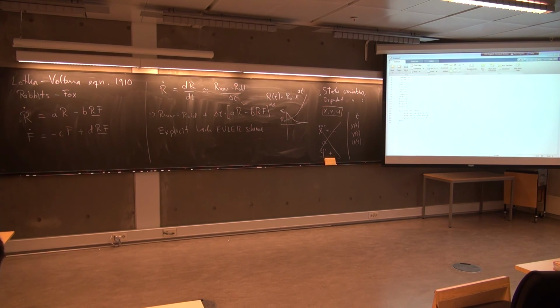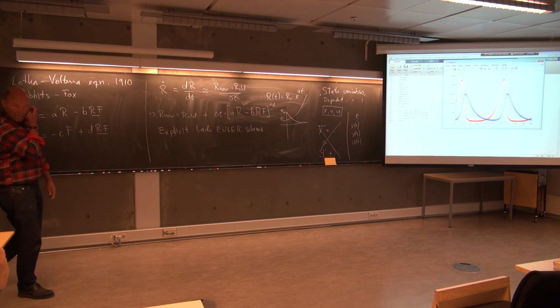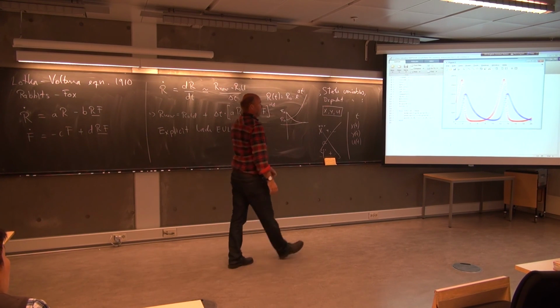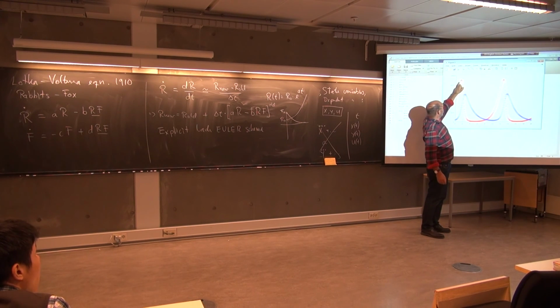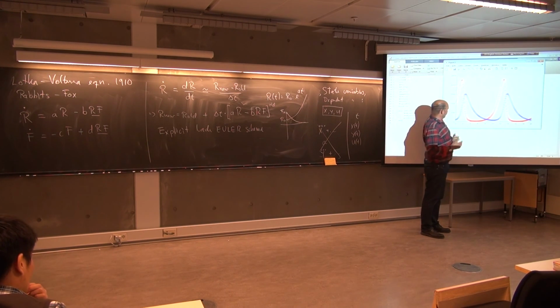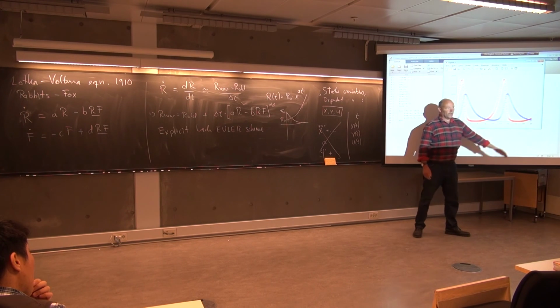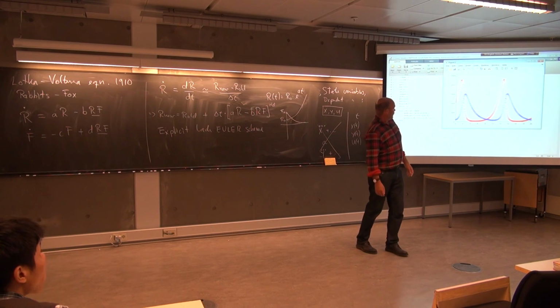Let's see if it works. We try to run it. And we call it untitled. That's a beautiful name. And here we have the result. So we started out with 1,000 rabbits and 100 foxes, and the rabbits really love this, and they double their numbers, but the foxes come after them, and then with too many foxes the rabbits go down, and now you have this oscillating behavior every 11th year or something